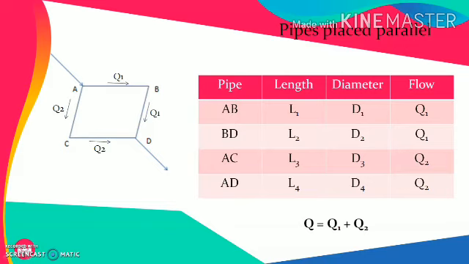So it is going to be the flow from A to D via B in one case while via C in the second case. Total flow will be Q and it will be divided into Q1 and Q2 because of the pipes placed in parallel. So let's try to understand how the equivalent pipe method can be used to simplify this small network of pipes consisting of 4 different segments and placed parallelly.